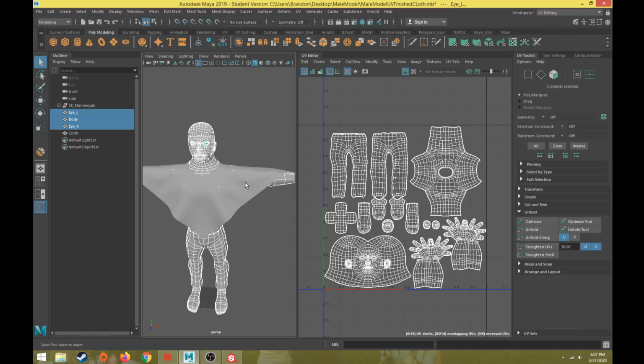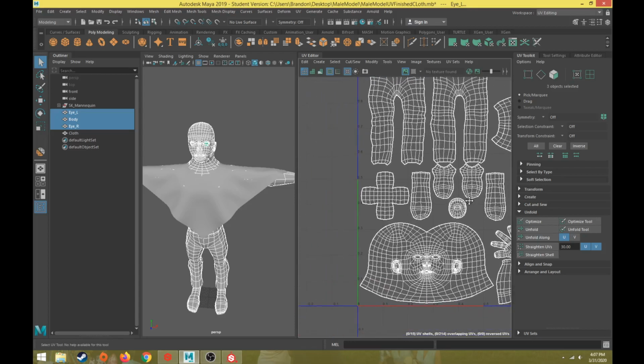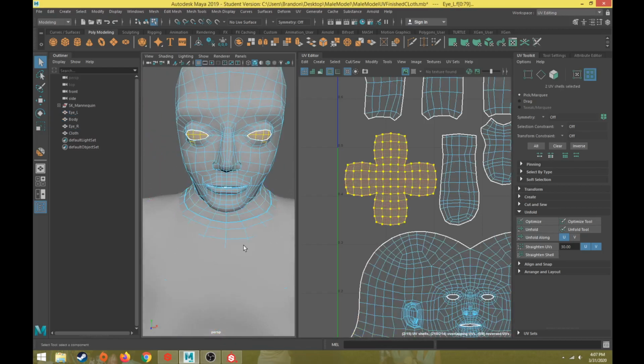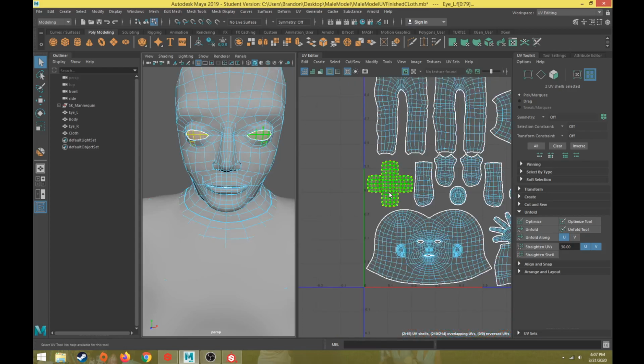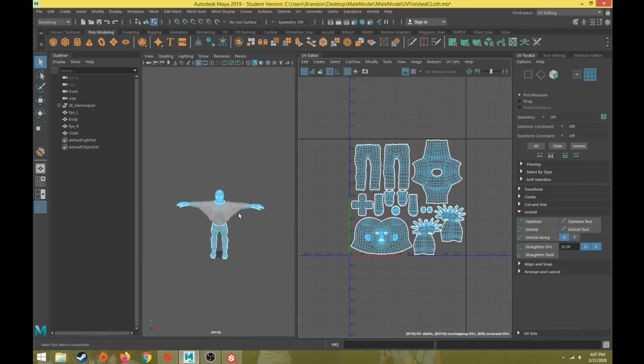Before we export to Substance Painter, we need to make sure that there are no overlapping UVs, other than where we know we want the texture to be tiled. So here are my eyes. If I look at the UV shells, I want both eyes to have the exact same texture, so we're going to use overlapping UVs for that section, but for the rest of the body, no overlapping UVs. That way we can do as much as we can with the textures